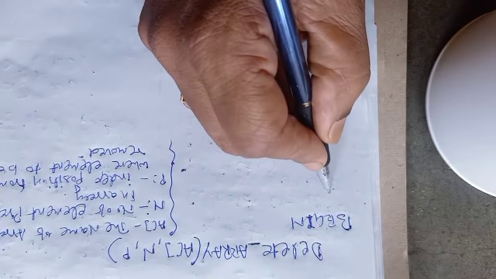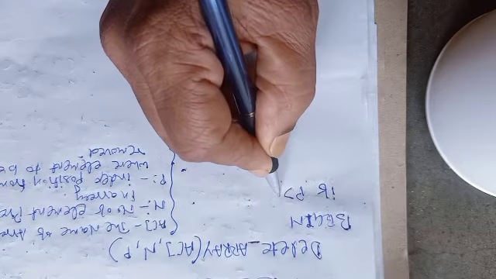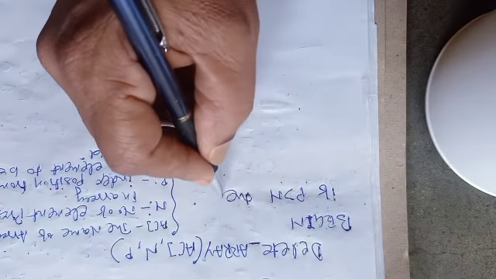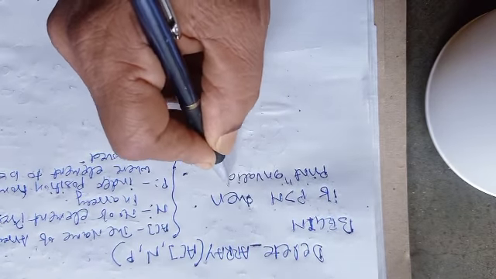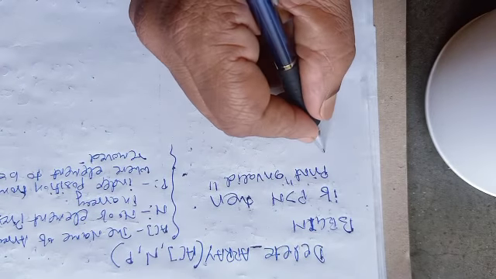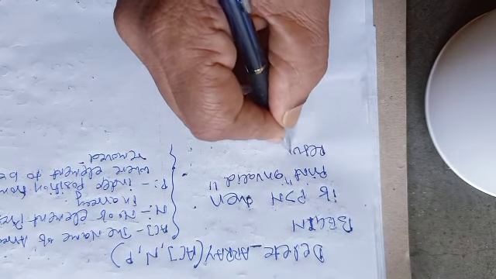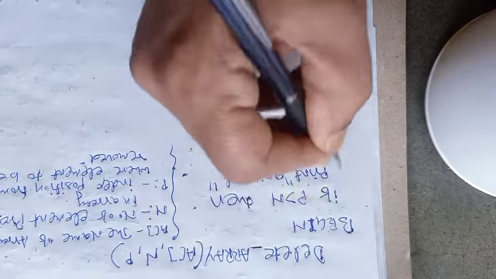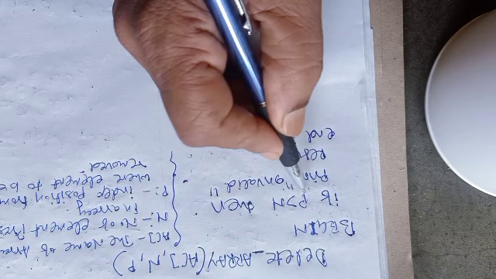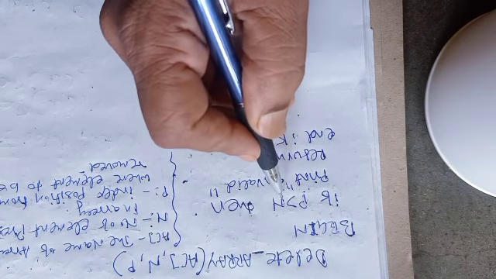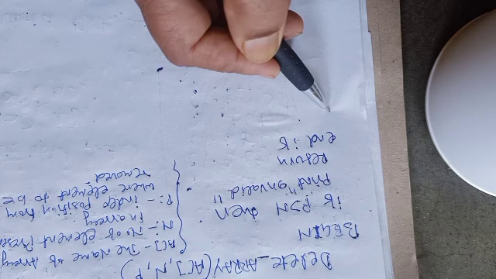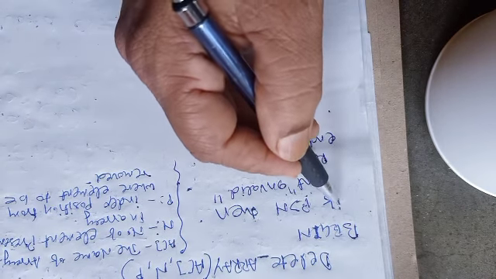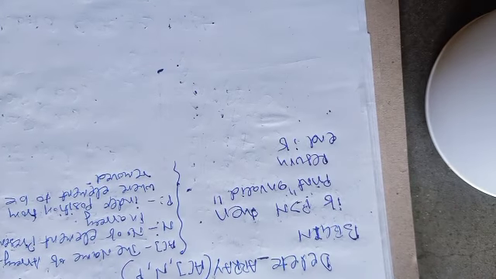So I will first write: if position greater than n, then print invalid. That means invalid position, and my algorithm will return failure. Return. So end if, the if block terminates. But if this is false, that means P is not greater than n, rather P is equal to n or less than that, then only my deletion will be possible. So when it is false, my algorithm will jump over the block to the next step. Now I will start deleting.